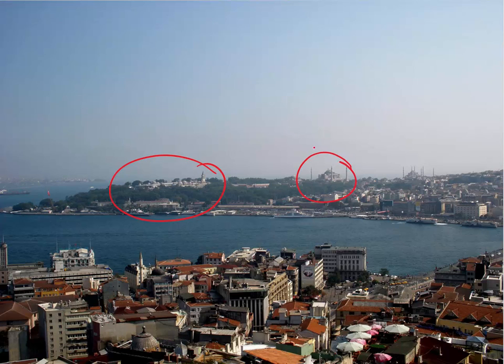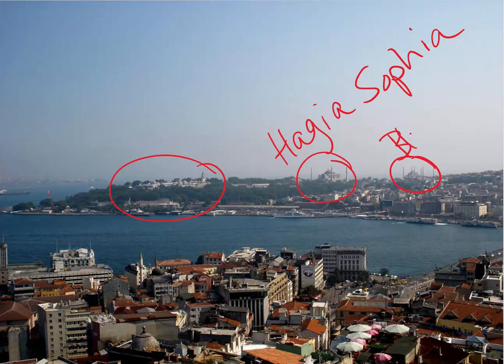This is Hagia Sophia. You might remember that in talking about the Byzantine Empire in Miss Canone's class. I know she has pictures of Hagia Sophia, which originally was a Christian church and then converted to a mosque. And then this right here is the Blue Mosque, which was built in an attempt to be bigger and outdo Hagia Sophia, then they wound up failing miserably.